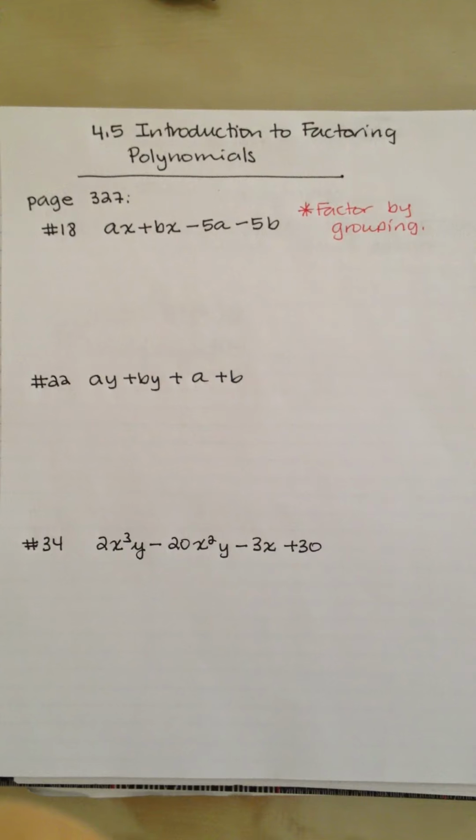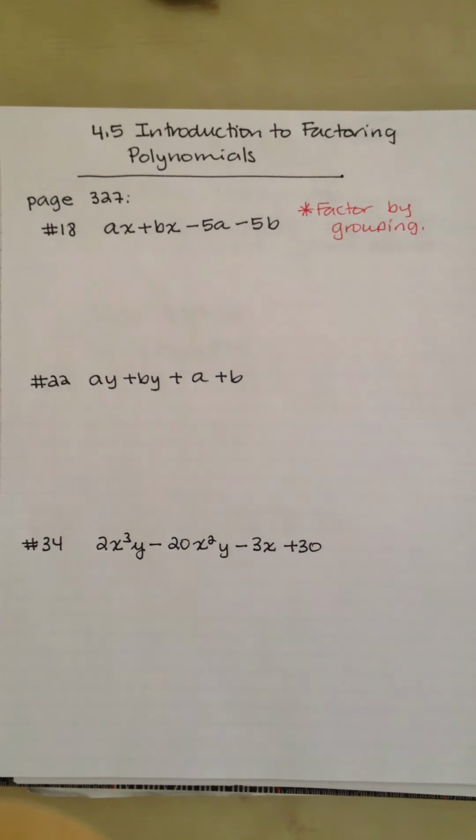Let's look at section 4.5, Introduction to Factoring Polynomials. The key to any factoring problem is to always count the number of terms, and that'll tell you how to proceed with your factoring. So if you look at page 327, number 18, 22, and 34,